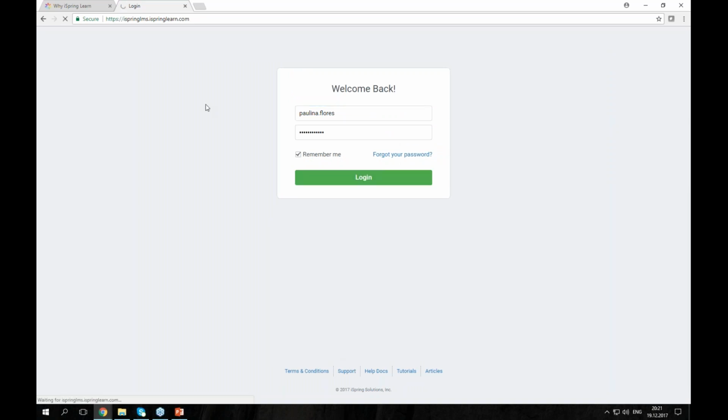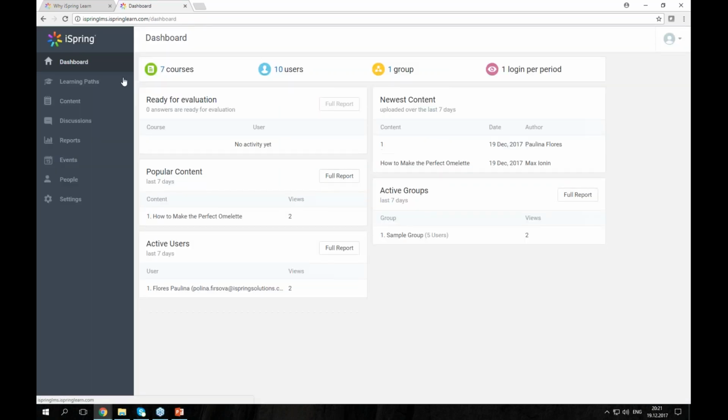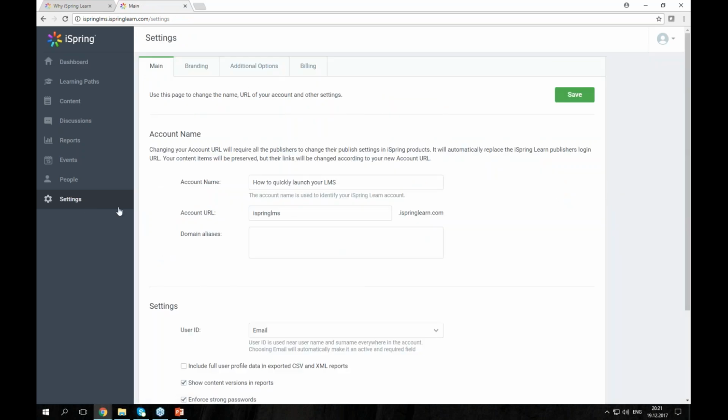Let me log back in to the account. So now it's iSpringLMS.iSpringLearn.com. I go to settings again, and here at the domain alias, you can set up your name. For example, our website is iSpringSolutions.com, and just imagine your own website here in this example. I want my LMS account to launch when I go to lms.iSpringSolutions.com. If you create this link on your own server and add this information to your iSpring Learn